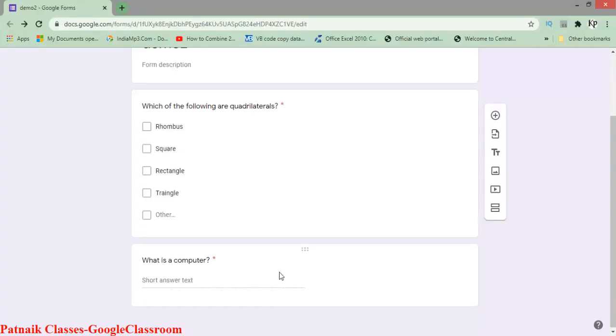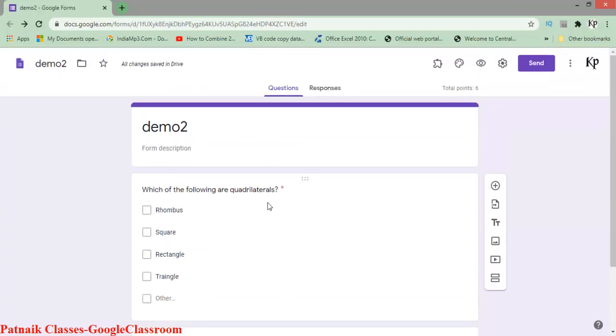Okay, I have opened here one assignment which I created earlier. Now what I want to do is add questions not from one assignment but from different assignments, and create a new assignment for the students. Instead of creating new again and again, I can mix the questions from different previously made assignments and bring them into one assignment, so that there will be a kind of change in that.